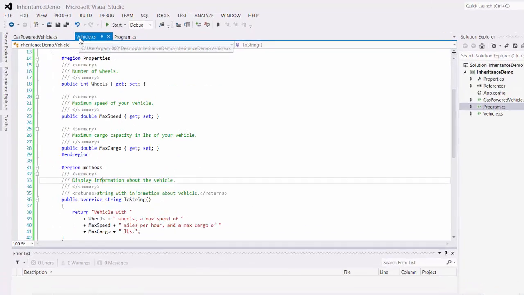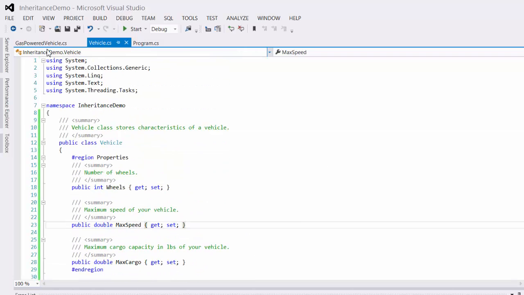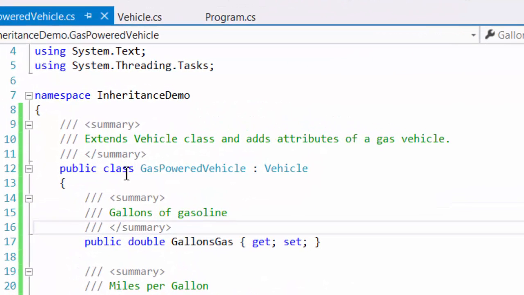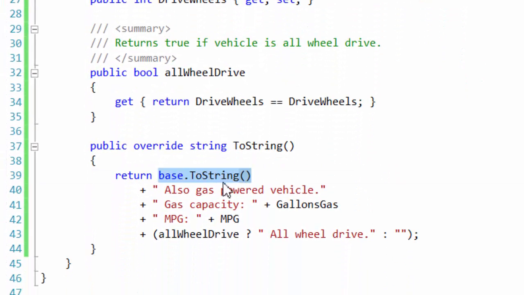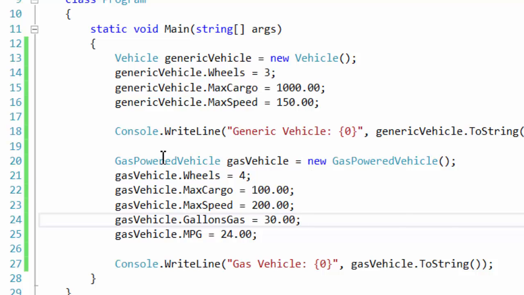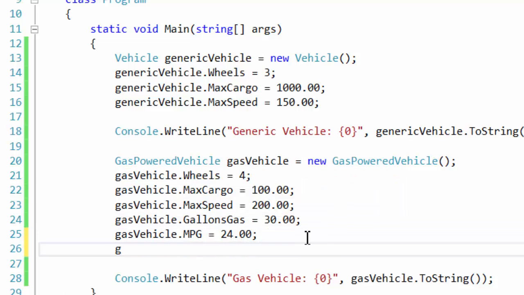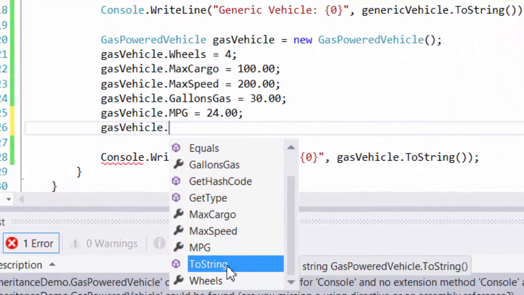So, to review, we defined a vehicle class, and then we defined a gas-powered vehicle class which inherits from vehicle, but then also implements a number of additional properties and methods. We see that we call the base toString and added additional things to it. And if we look at the program, when we declared a gas-powered vehicle, we notice that when we hit the dot operator, we got